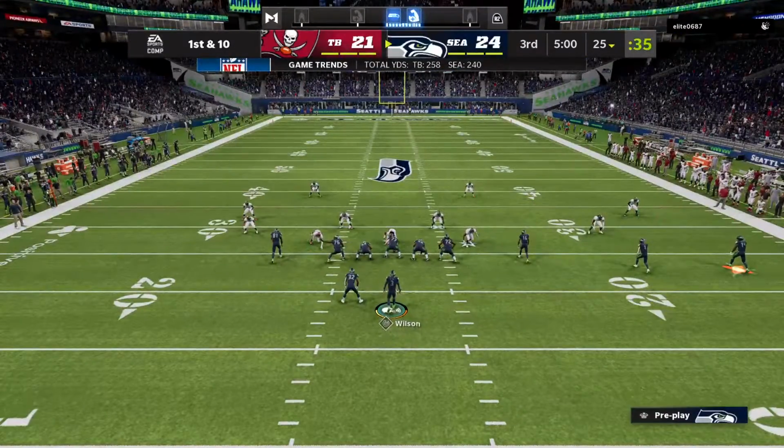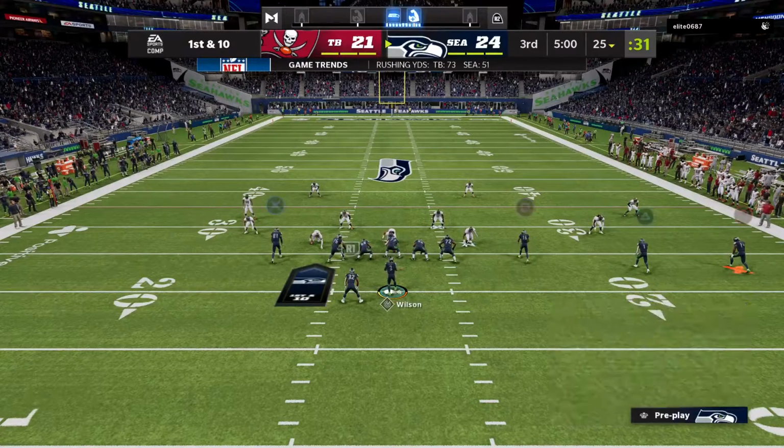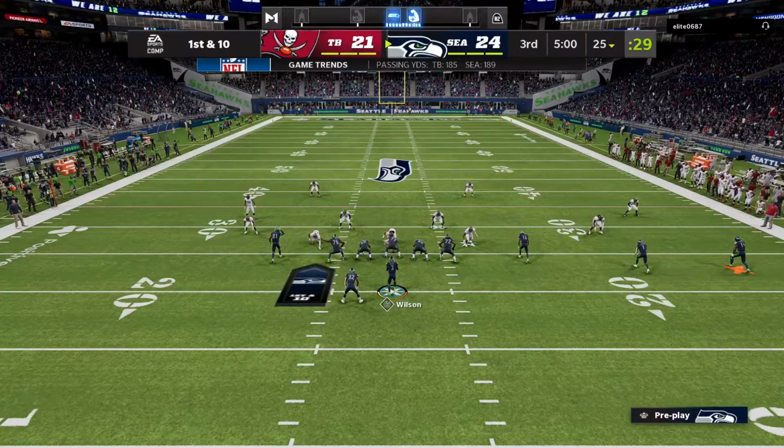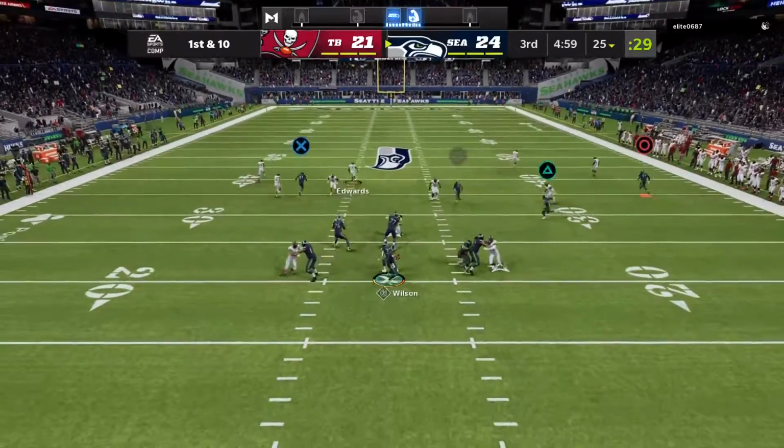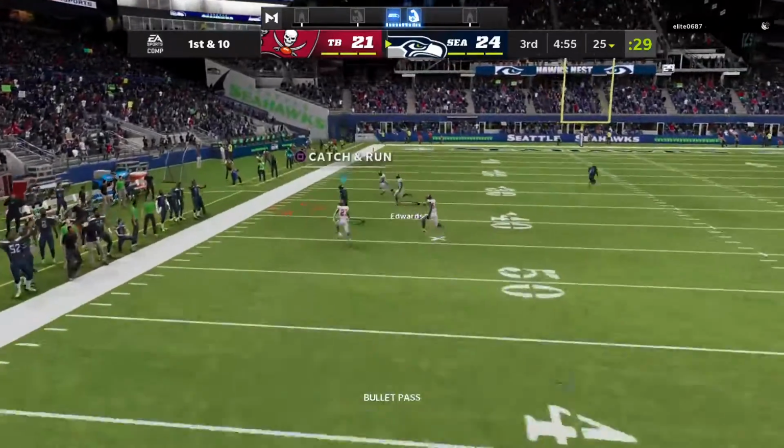Here's the Seattle offense ready to get this drive underway. And both of these defenses have been stifling these last few drives offensively. Just not able to get anything going, so what needs to change? I think a lot of the guys will go back and review, so to speak, because...